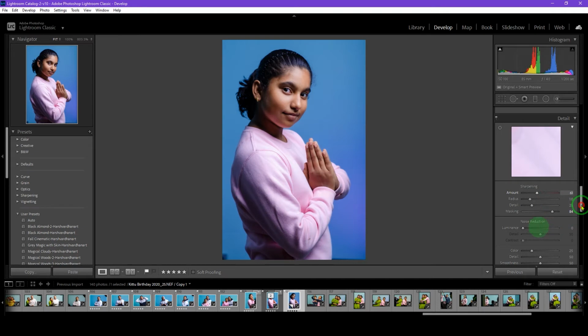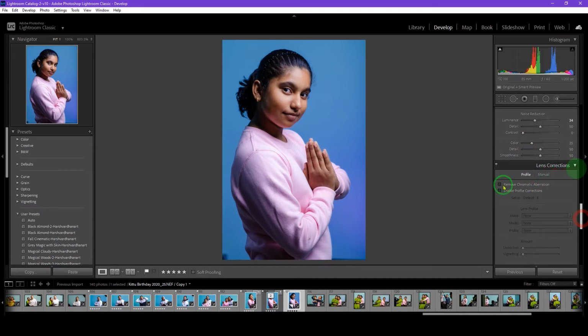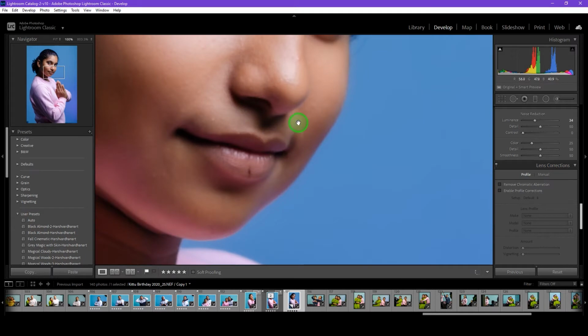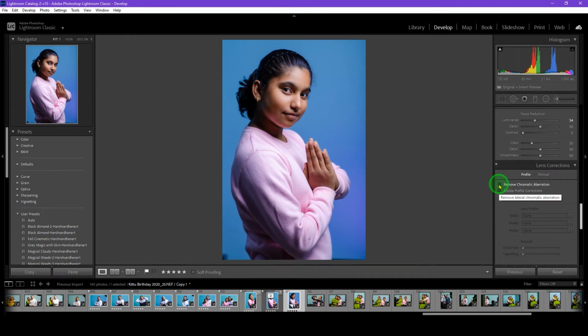And thereafter we'll come down a little bit to the noise reduction panel, and we'll increase the luminance. What it would do is remove all the grain or noise from your image, and then we'll come down to the lens correction option. There are two options. The first is remove chromatic aberration. If there is any chromatic aberration, it is an orange or green colored line around the edge of the subject. Sometimes you see this while shooting outdoors, or sometimes inside as well, all right? What it does is take care of that automatically. So we'll check that it would be taken care of.